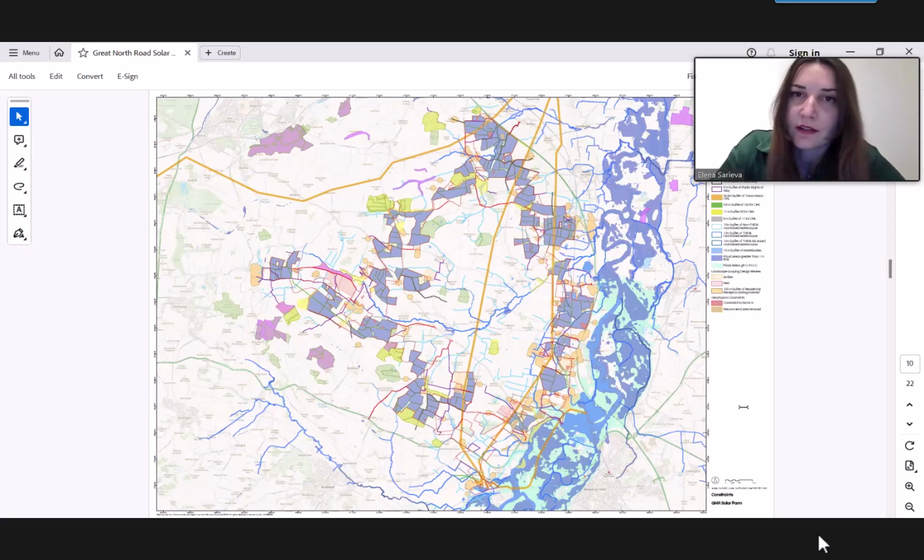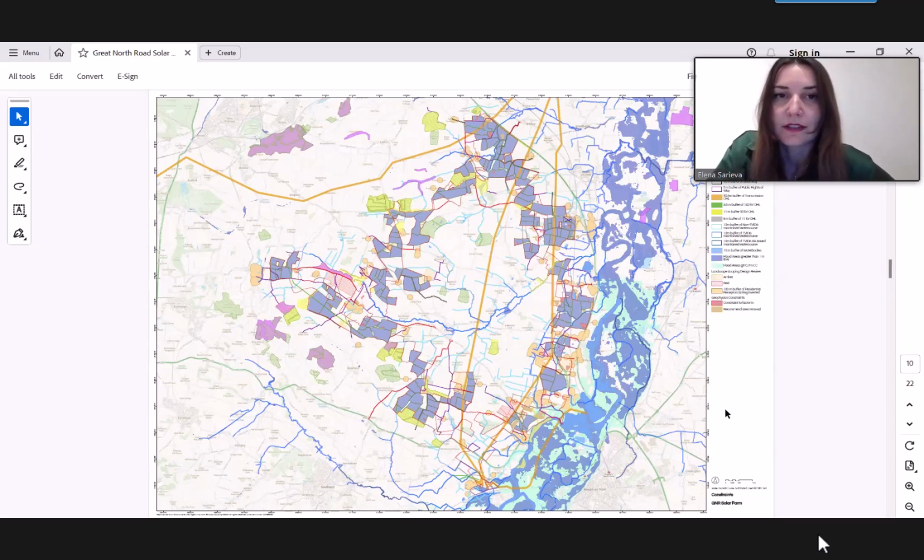Other constraints are the overhead power lines, which we need to design around and maintain buffers as required by the operators, but we've also taken account of existing water courses, and again, where possible, we will be maintaining them and enhancing them for various species.